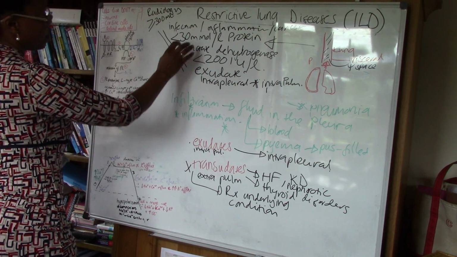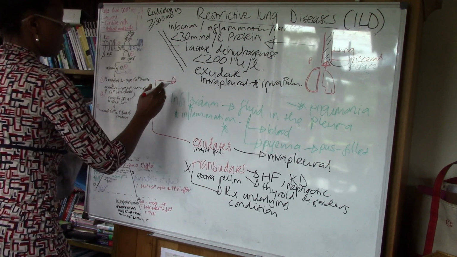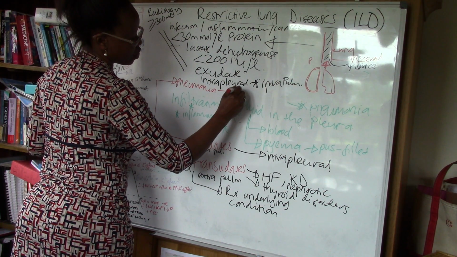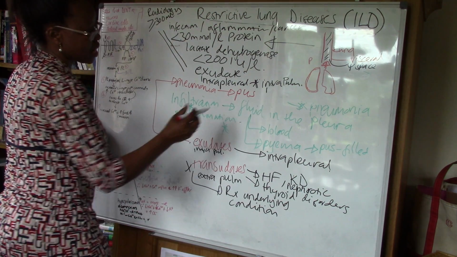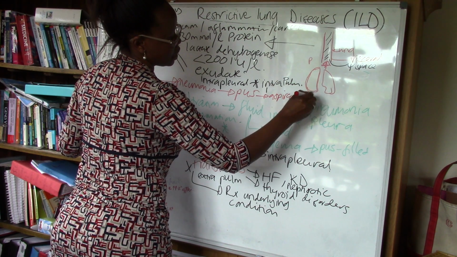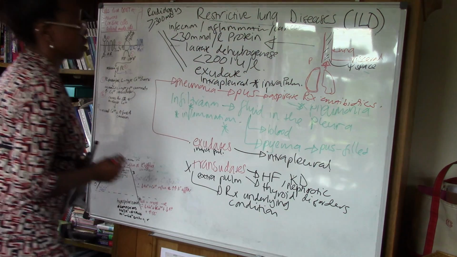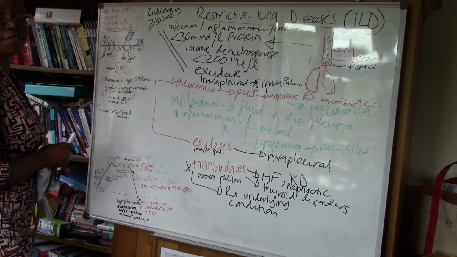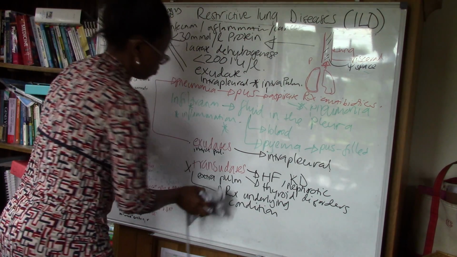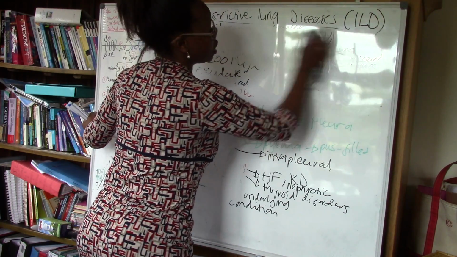However, if this fluid is an exudate arising from a pneumonia, and is purulent, then it must be aspirated and treated with antibiotics. So that is fluid in the pleural space. Just in brief, really, an overview without going into too much detail. And then